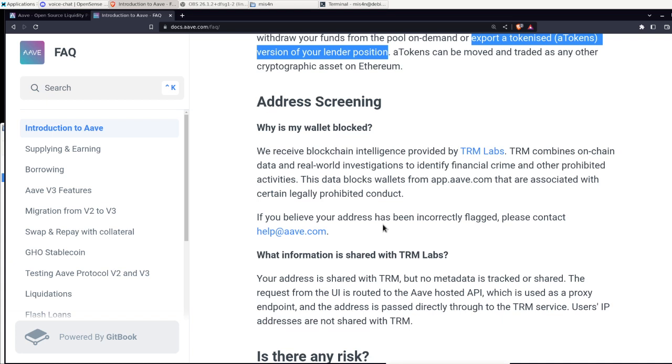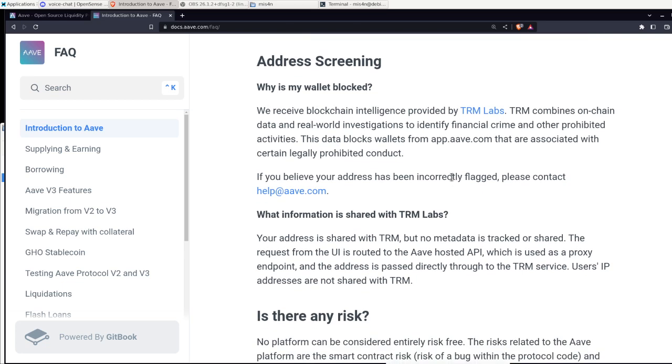Okay, they are associated with certain, basically KYC wallets. At least that's what it looks like in here. Not KYC maybe, but yeah, if some hacker can really block your account just by sending you some tokens.